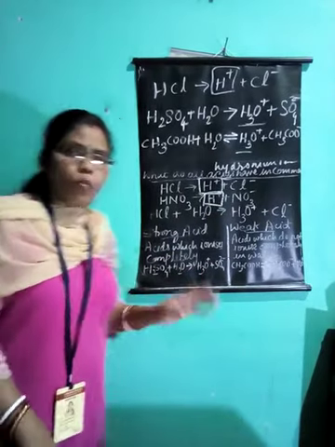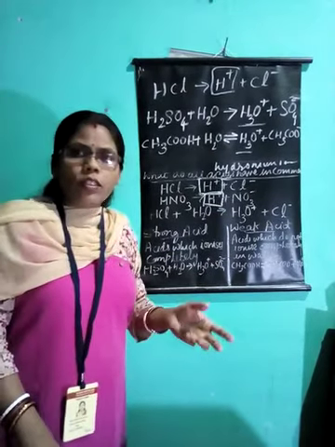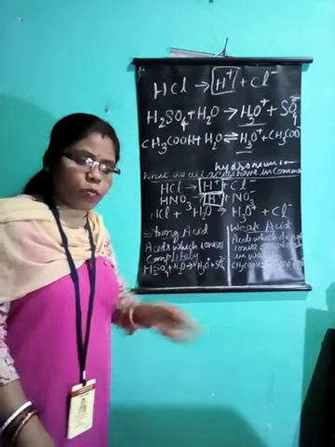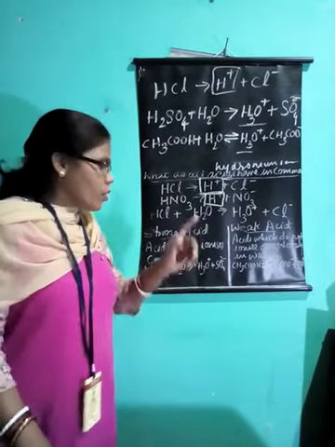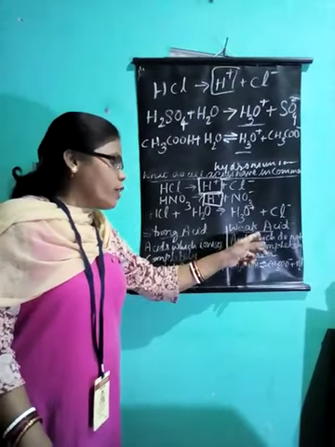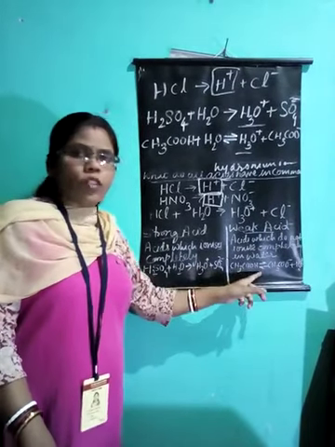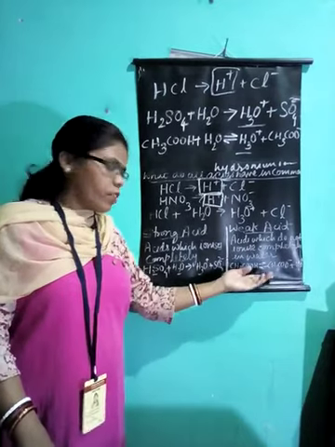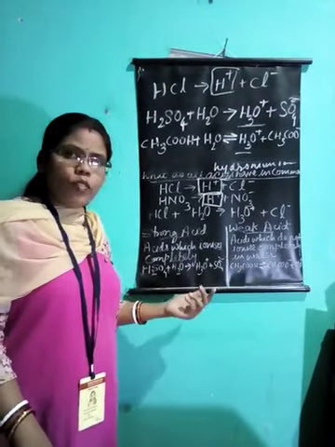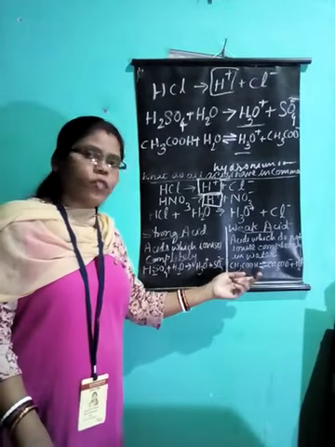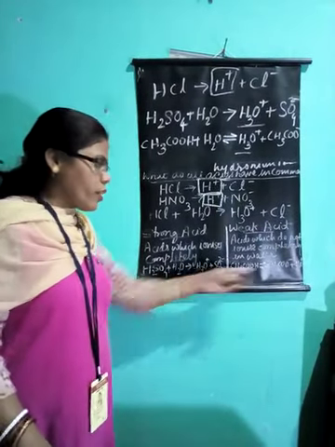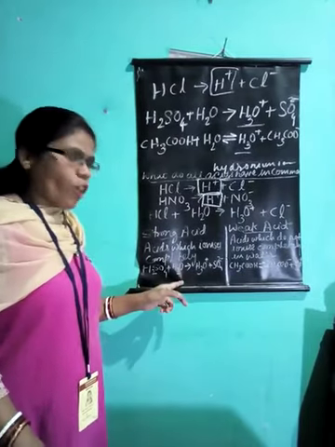Strong acids form strong electrolytes. During electrolysis, we need an electrolyte and we need electrodes. An electrolyte is a substance through which electricity is conducted. Strong acids form strong electrolytes, whereas weak acids form weak electrolytes, because in strong acids more ions are present, so they are very good conductors, whereas weak acids are not very good conductors. Though they are conductors, they are not as good as strong acids. Hence, they are weak electrolytes and these are strong electrolytes.